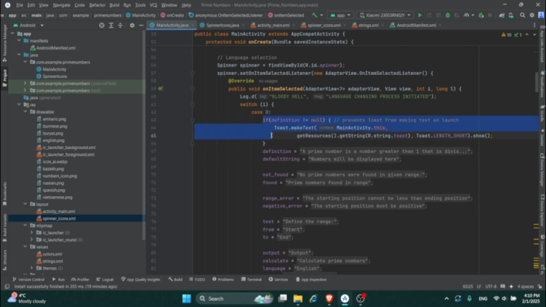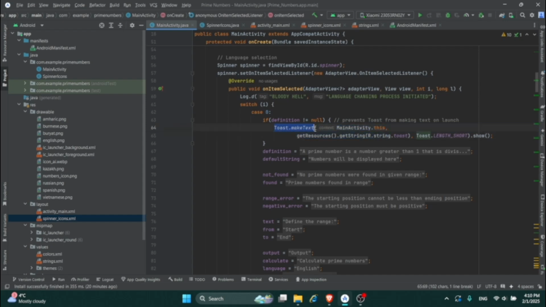Also this block of code, if definition does not equal null, the exclamation mark means not equal to null, because it does not equal nothing, it will make